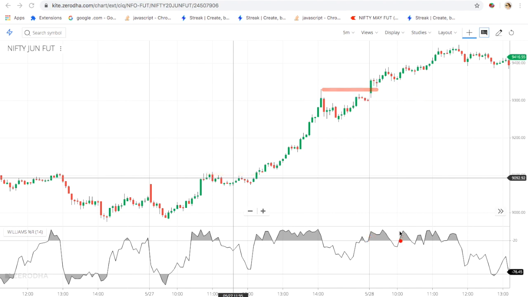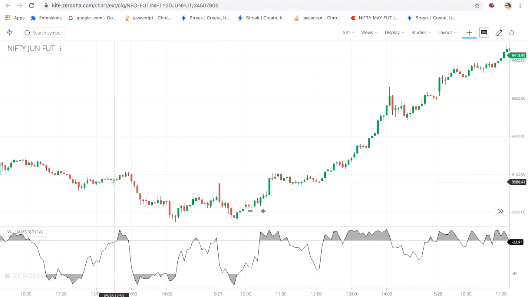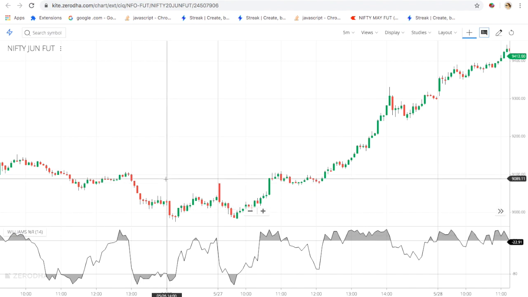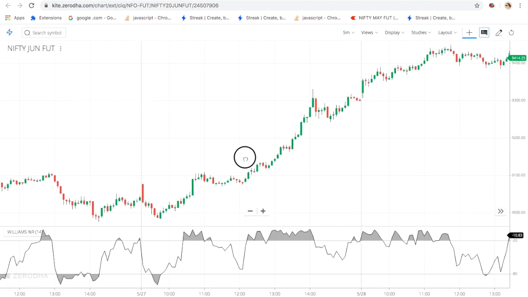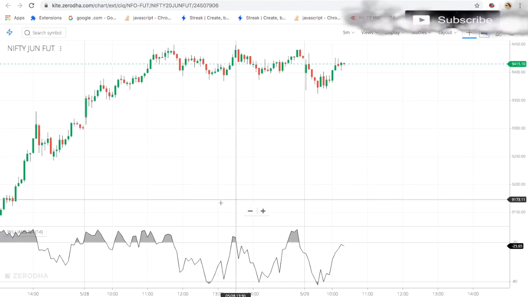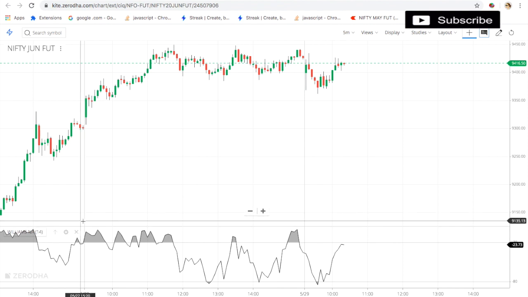In the same way, if you look at the low at this point, it is going to make a low of the previous 14 candles. If the candle is 5 minutes, then 14 into 5. If the candle is 1 day, then 14 into 1 day. So according to the time frame, it is going to calculate the high and low. It is used to find out the high and low of the previous N candles. If the time frame is 5 minutes, then 14 into 5. If 1 day, then 14 days. So likewise you can easily identify highs and lows on a chart with the help of Williams Percentile R.